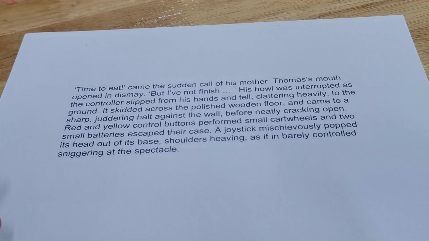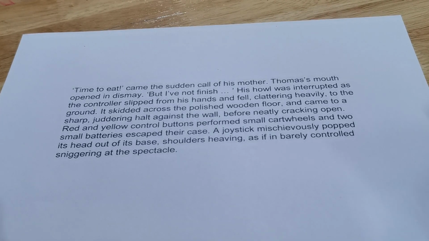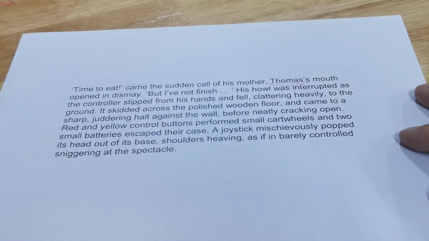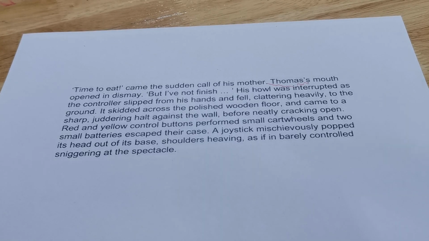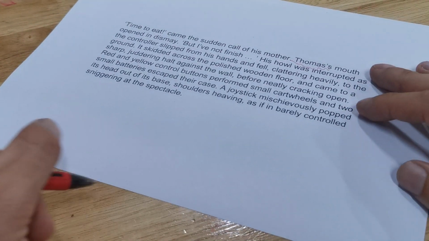Okay, where do we start with this? First of all, it's so important, I keep saying this, we must get the overall effect correct. The focus really is not on Thomas, but on his controller and the movements and the damage that is caused as a result of Thomas dropping it. We've got these really exaggerated, really hyperbolic images throughout, almost theatrical, and hopefully you've been able to pick up on some of those. A suitable overall effect, I guess. I'm just going to write it at the bottom.